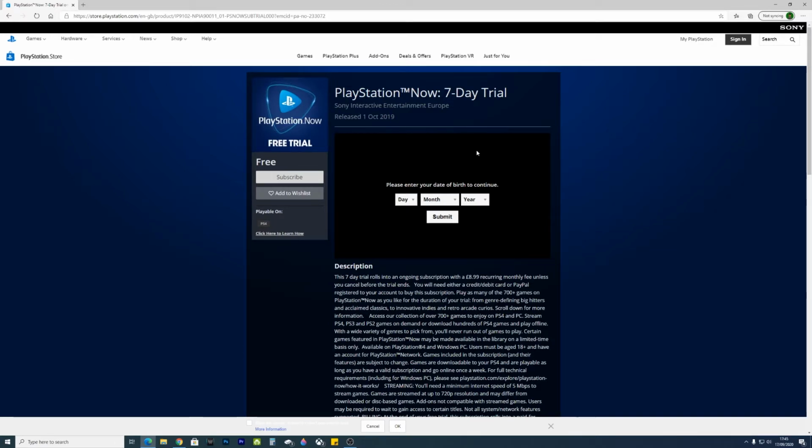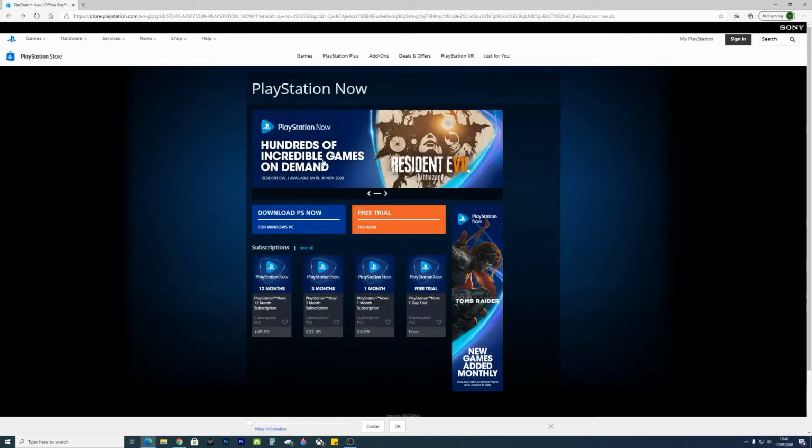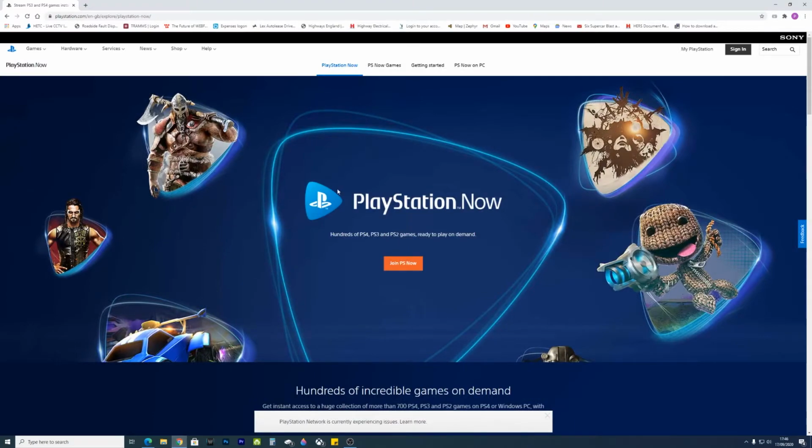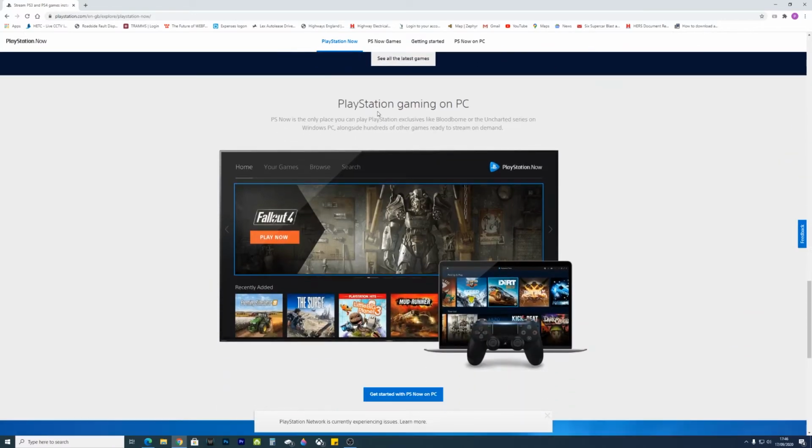So once you've set up the account, make sure you remember your username and login details, because you will need those once you've logged into the app itself. So we're just going to go back, assuming that you've set up an account. We're going to go back. And if you come back to this page, we basically click download PS Now for Windows PC, or if you accidentally navigated back to this page, if you scroll down, you will see PlayStation Gaming on PC, get started with PS Now on PC. Clicking both of those will take you through to the same window. So if we click on that,